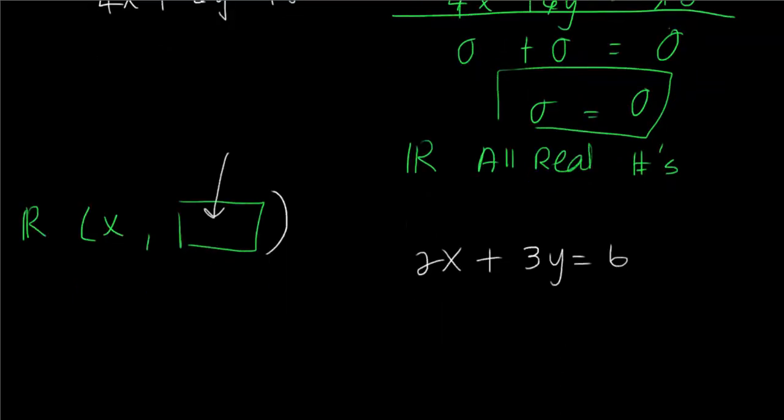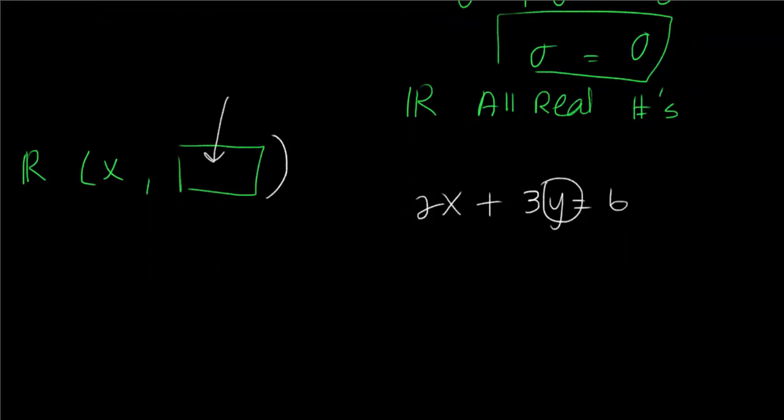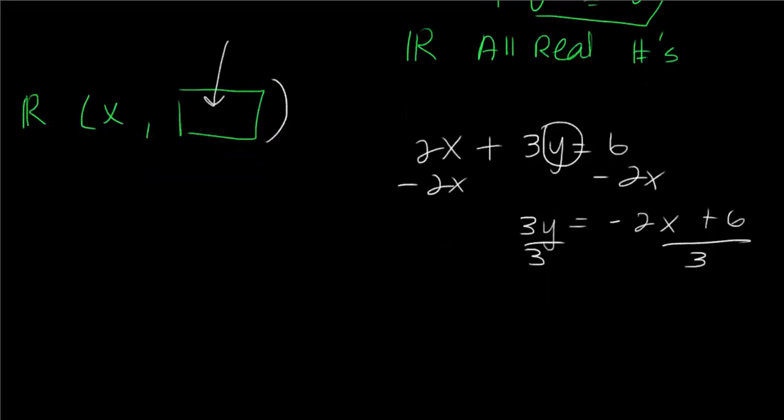So let's solve for y. This is what I'm looking for. So I'm going to subtract 2x from both sides, and I get that 3y equals negative 2x plus 6. And then I divide by 3 and get that y equals negative 2x plus 6 over 3. And that's what I want to type right here. Negative 2x plus 6 divided by